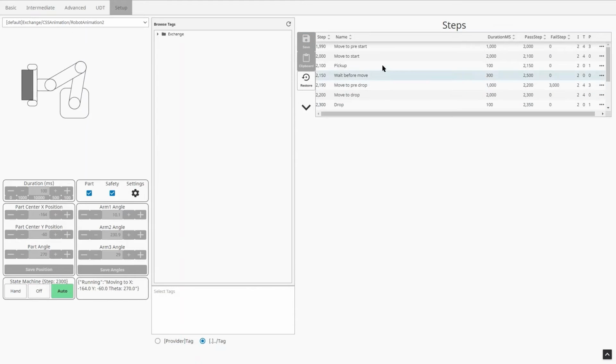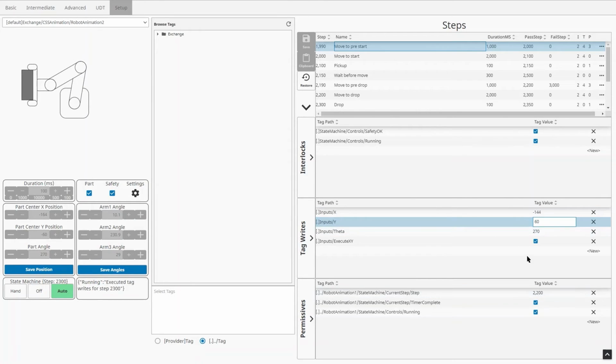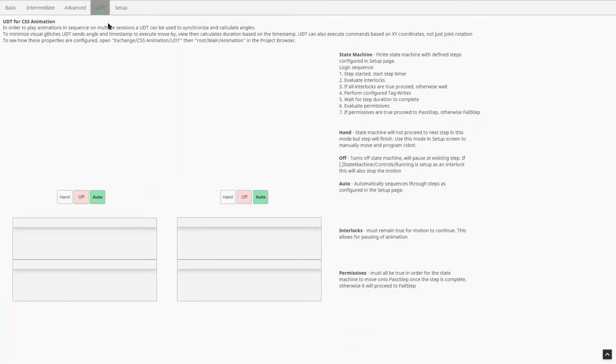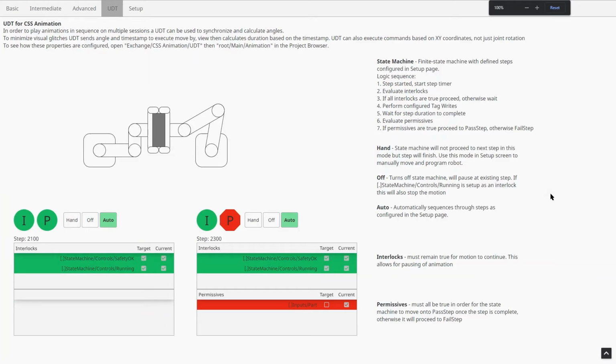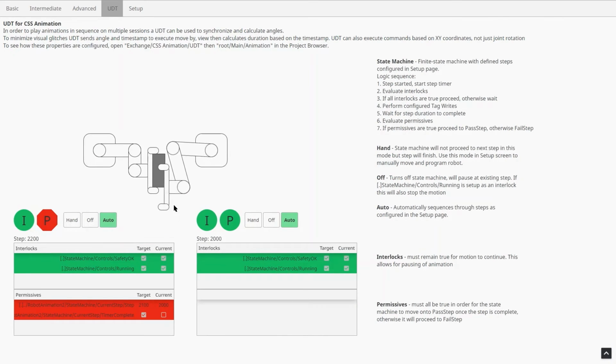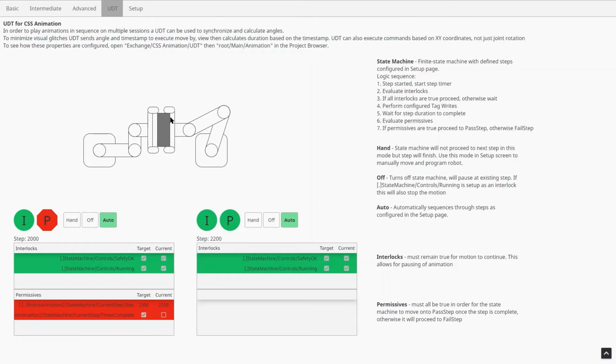Okay, so in steps in here, we have tag writes, which will command which XY coordinate we want to go to. And just to show an example, without pausing anything, I can just make sure I hit save over here, and I change step 1990 to 160 now. Let's see what that did. Change my zoom. Now you can see that it was 100 pixels off from where it should have been, which is expected.